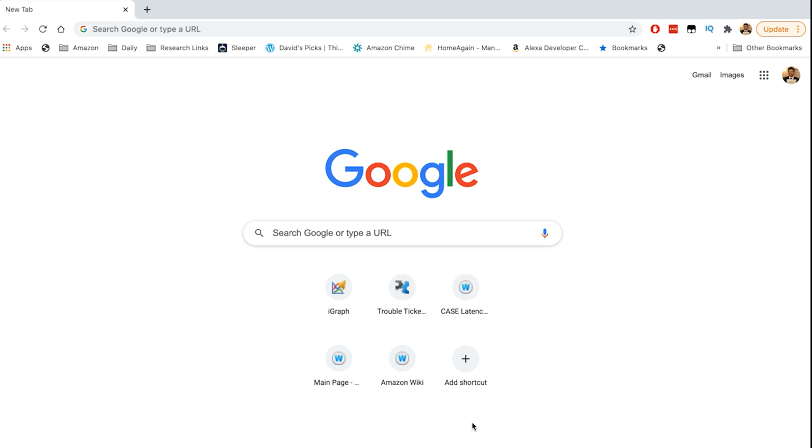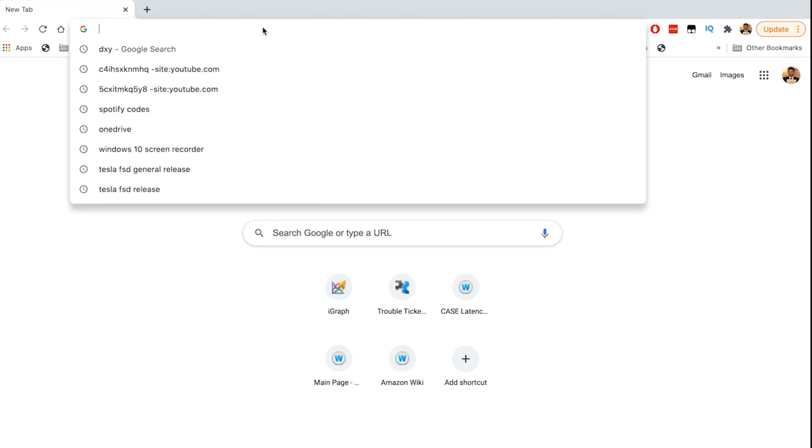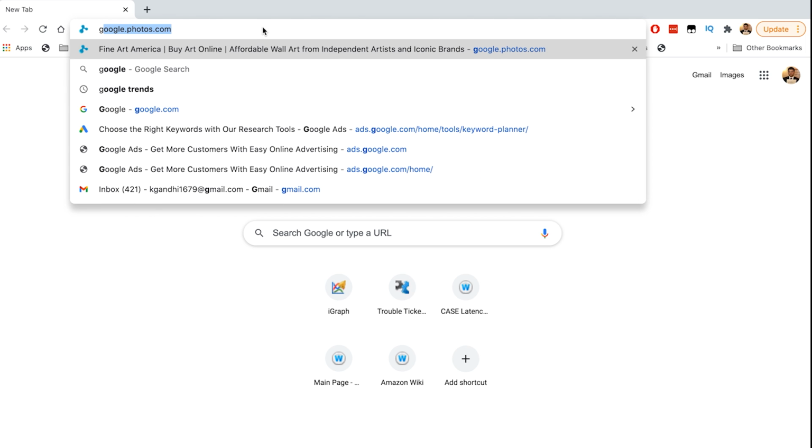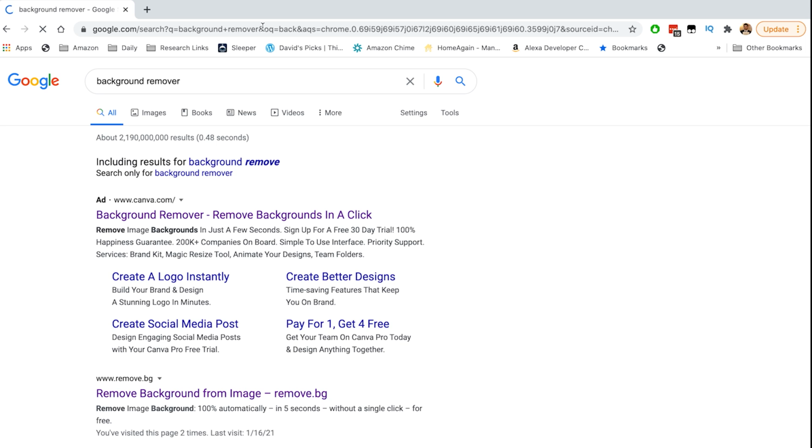So I've been getting a lot of questions lately on how to convert a photo into an SVG. So today I'm going to show you how to remove the background of an image and turn it into an SVG. So let's jump in. So the first thing you want to do is obviously find an image that you want to turn into an SVG. Then what you want to do is go into Background Remover,